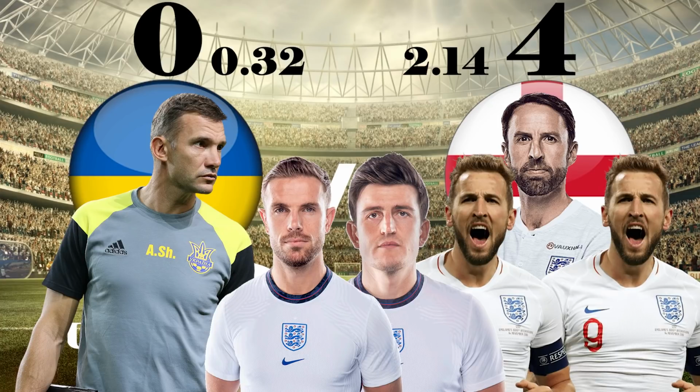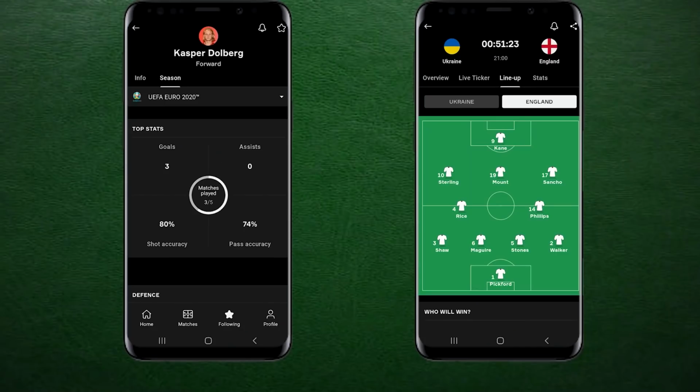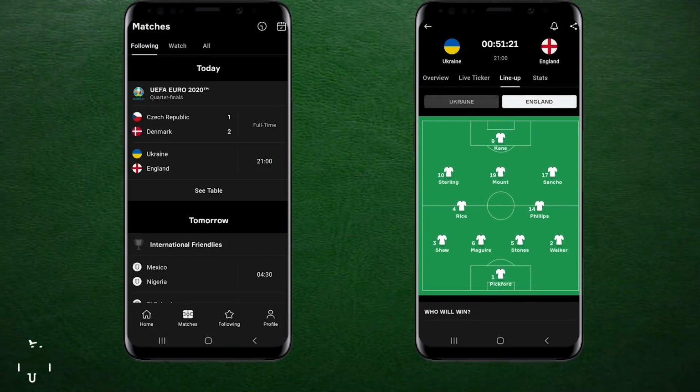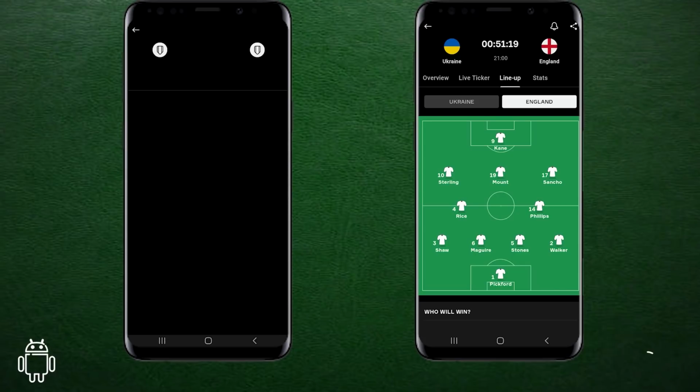But what tactics did Southgate and Shevchenko use? In this video we take a look. Here's a reminder of the 11s both managers selected for this quarter-final clash, as you can see on the OneFootball